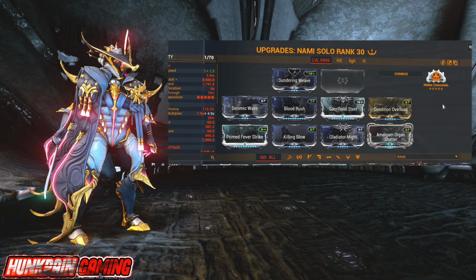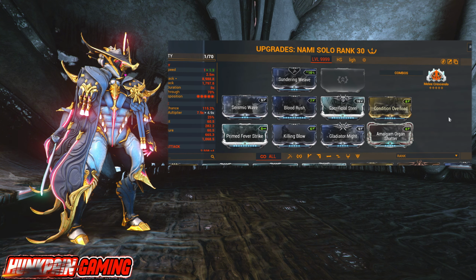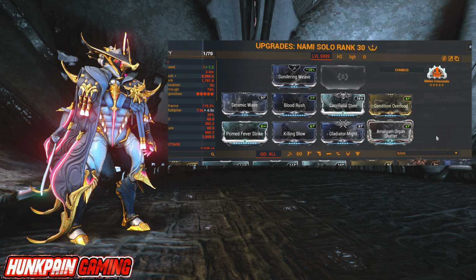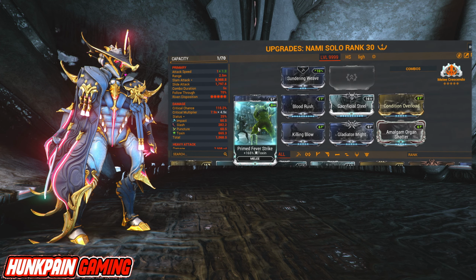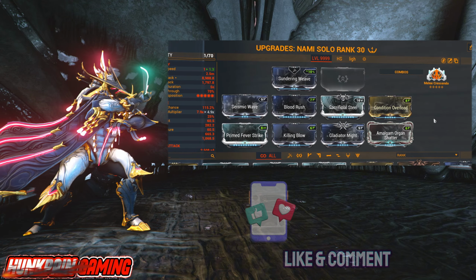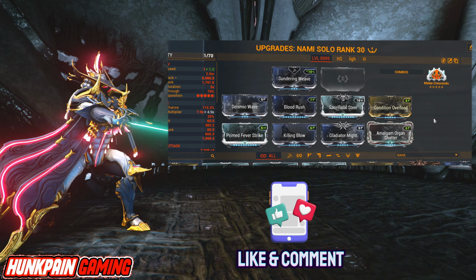Now, if you have a Riven, you want to replace Gladiator Might if it has like critical damage negative finisher. You want to replace, for example, Primed Fever Strike if it has Toxin negative finisher, and so on and so on. Let me know in the comments below what's your Riven so I can help you place it